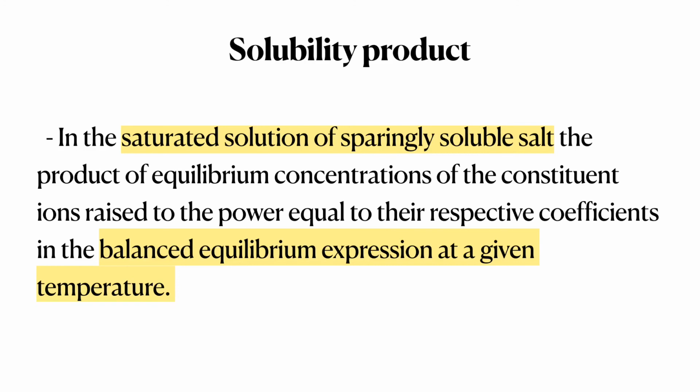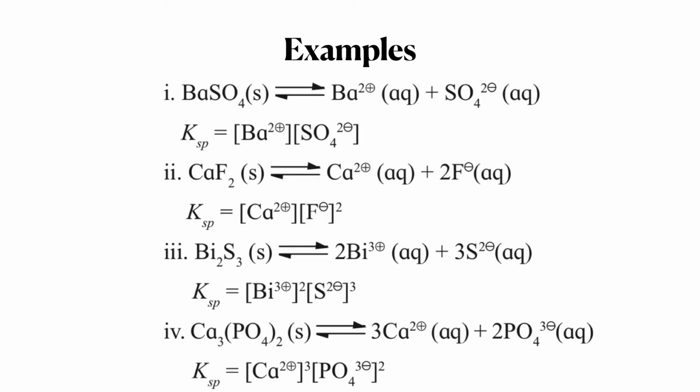So now we'll see some examples. Before starting with the example, you just have to remember that whenever you want to find out the solubility product of a sparingly soluble salt, first step is to write down its balanced reaction, and you have to show double arrow whenever you are writing such kind of reaction. Then apply directly the solubility product, you'll get it.